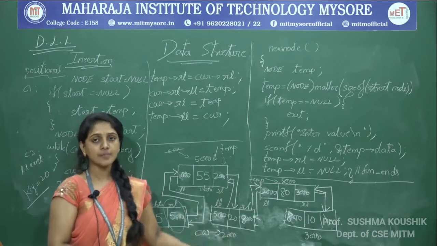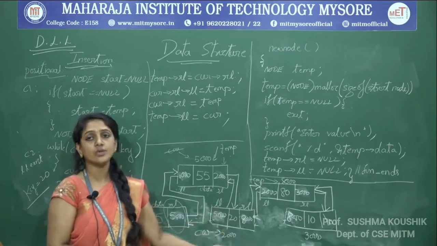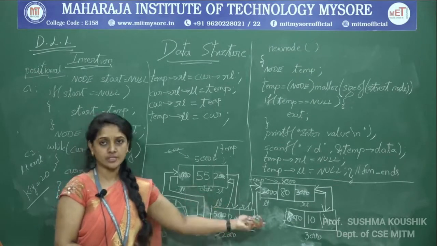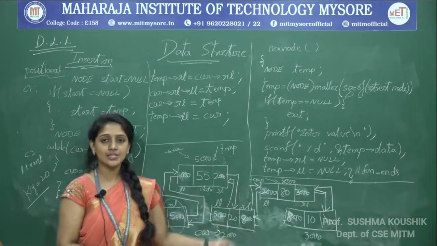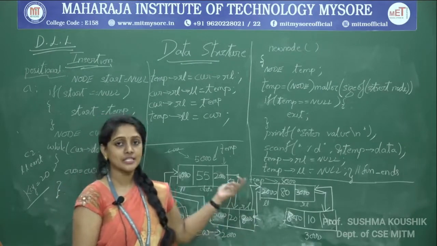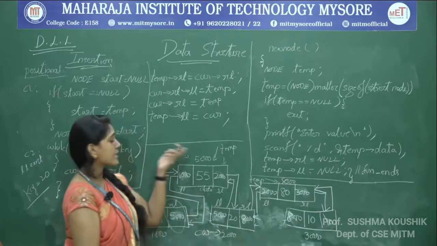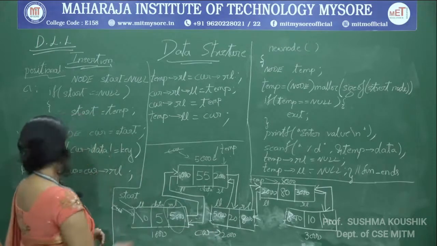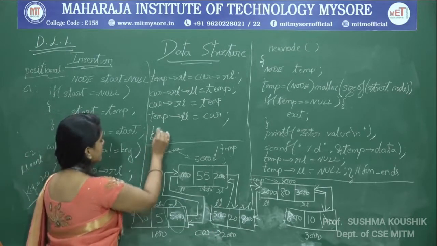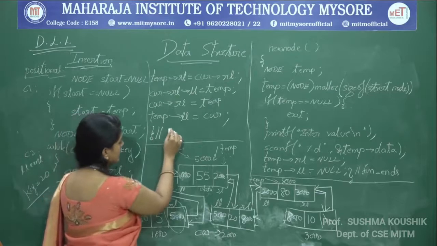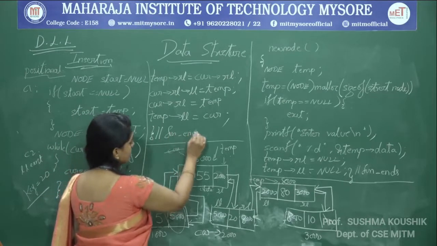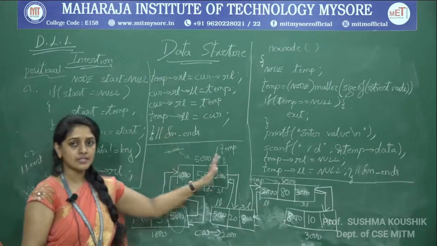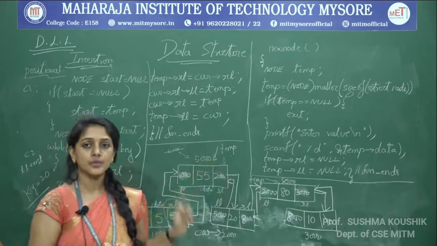Because doubly linked list is capable of traversing on either direction, we don't have one more overhead of taking one more pointer for traversal. If you want, you can take it, but we shall enjoy the beauty of doubly linked list which it is giving us. Okay, we will just enjoy whatever it is facilitating for us. Okay, so now with this I can just end over here the function of insertion. So this function ends over here. This is the function which is trying to insert the doubly linked list node in any given position.